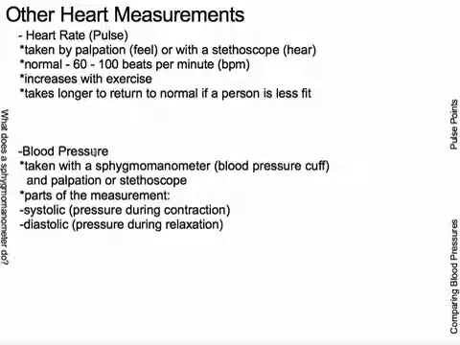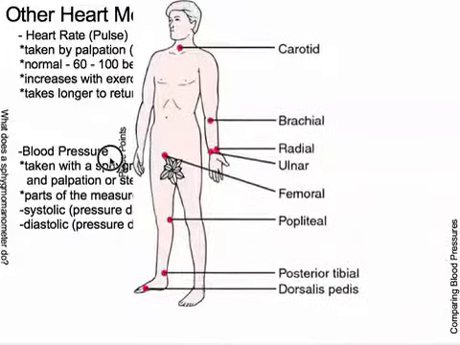Another thing that we can do is take our blood pressure, but actually let me show you your pulse points. You have a carotid artery in the neck. You can feel for your brachial, radial, and ulnar arteries. Femoral is here in this inguinal region, behind the knee and the popliteal, posterior tibial, and then your dorsal pedis. And sometimes, depending on if you've had damage to a particular area, they can feel on any of these areas